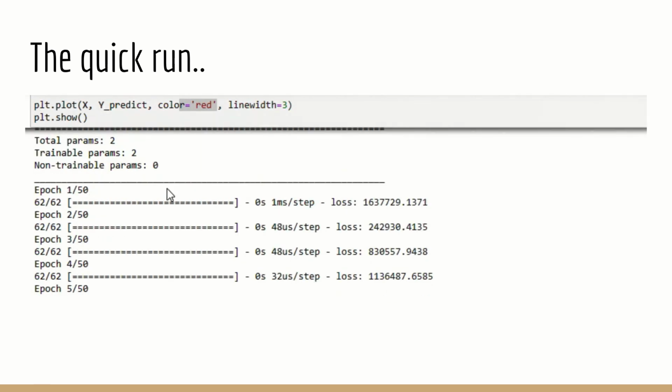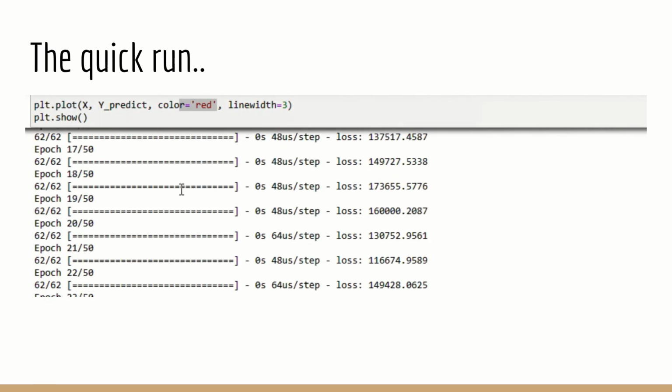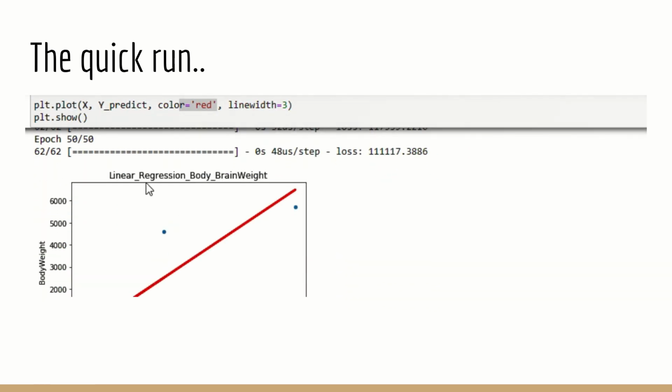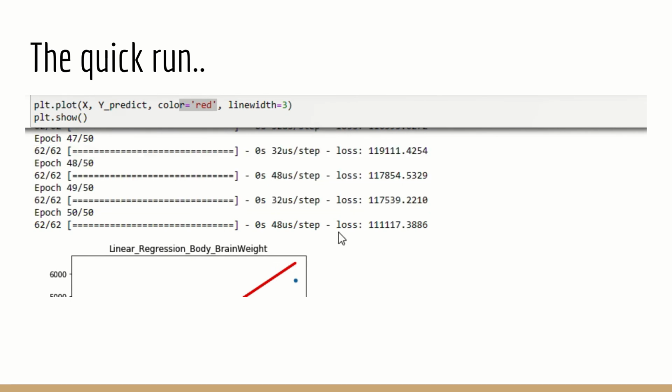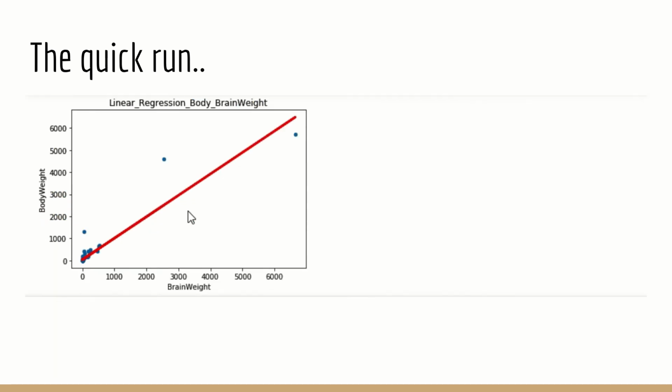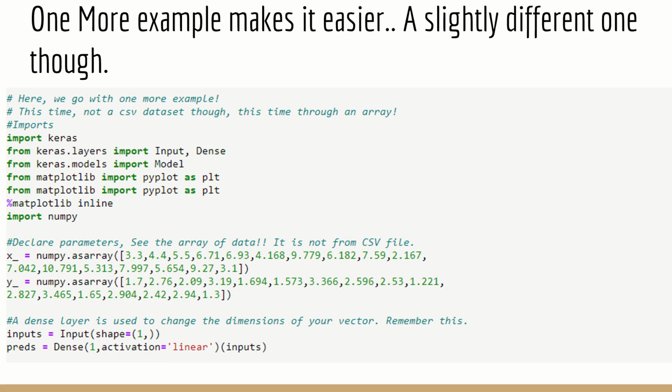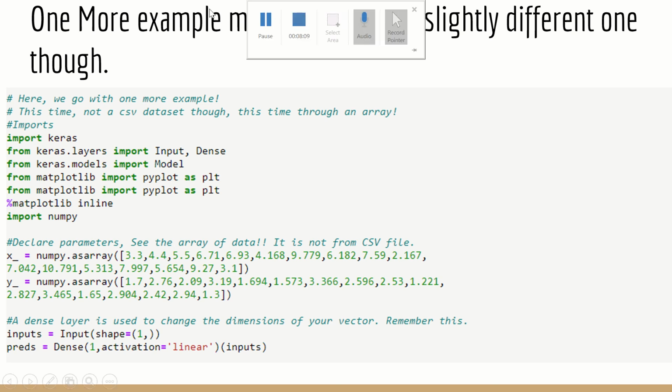The moment I run it, this will keep running for about half a minute. It was very fast because the data set is small, and now you can see that it's all plotted and I've got the output predicted very clearly. So very simple exercise. Now we have got one more example, right? This time we used a data set where it was a .csv file. But what if we give it as an array? I wanted to show you that as well so that your understanding will be 100% complete.